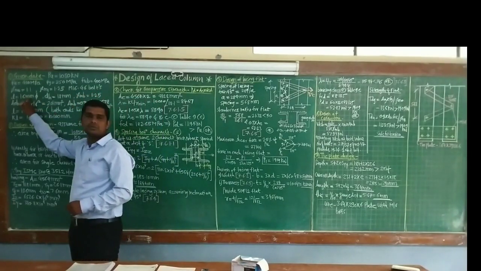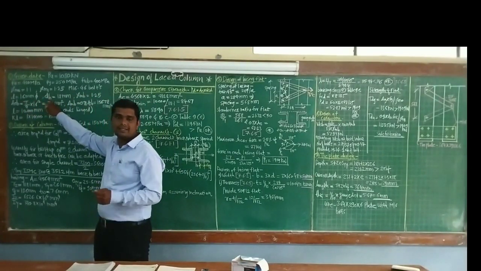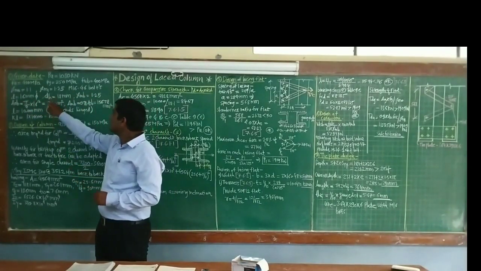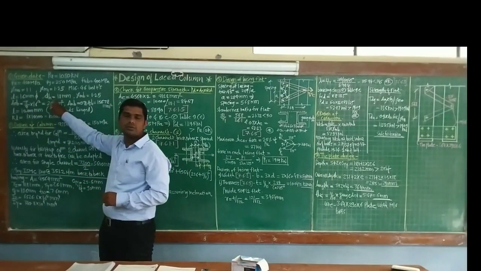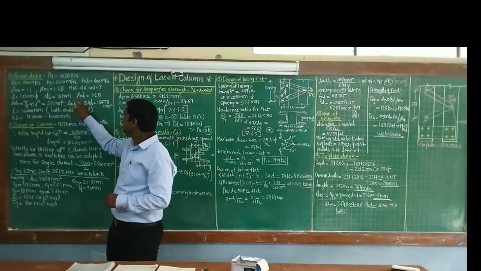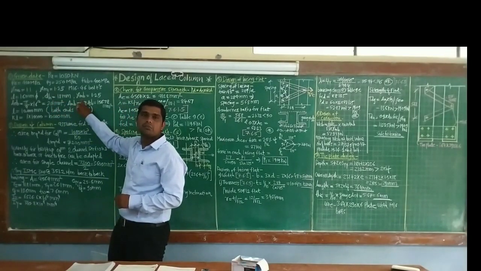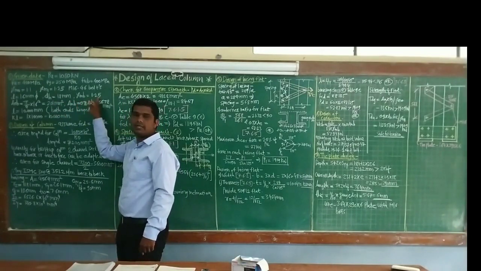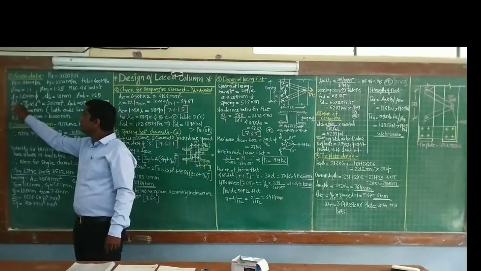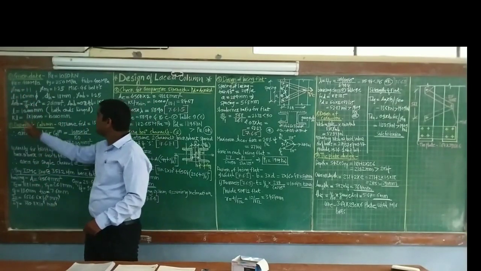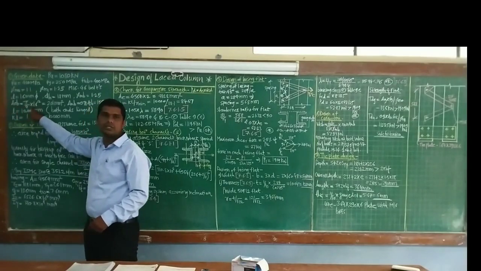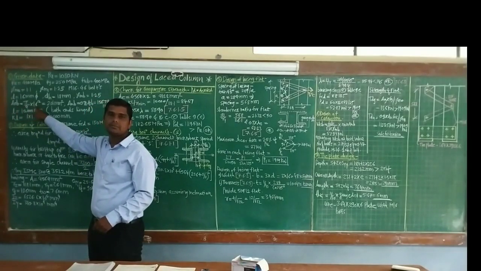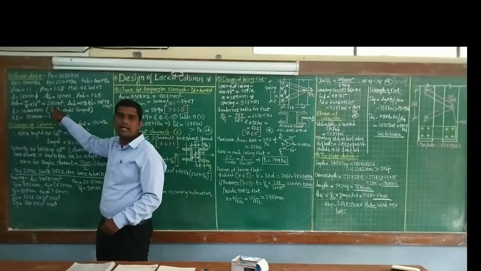Here the diameter of the bolt is 16 mm. The diameter of the bolt hole, either it is d0 or dh, by adding 2 mm clearance to the diameter of the bolt, is equal to 18 mm. Then the partial safety factor for the bolt, gamma mb, is equal to 1.25. With the help of this diameter of the bolt, we are going to find out Asb, the area of shank for this bolt, equal to pi by 4 into the diameter of the bolt, 16 mm, squared. So 201 mm square.